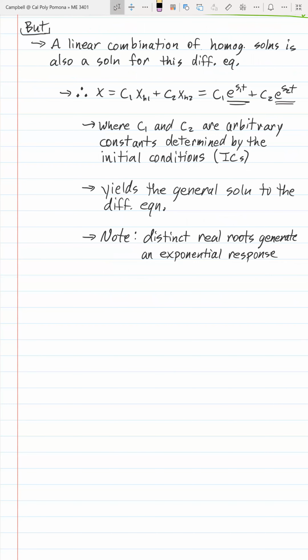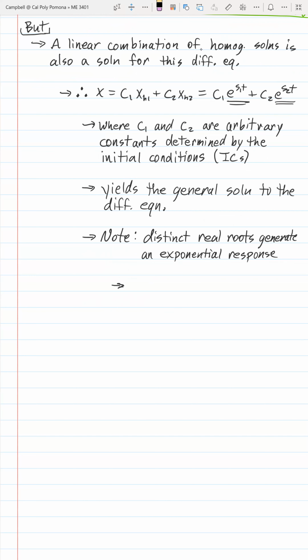Now, we can drill down even a little bit more, and this is important for us as engineers. Don't know why my pen just stopped writing there. This is very important for us as engineers,